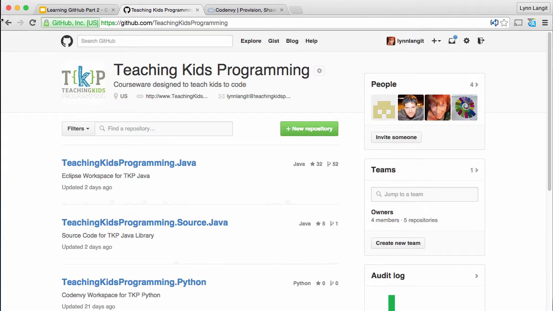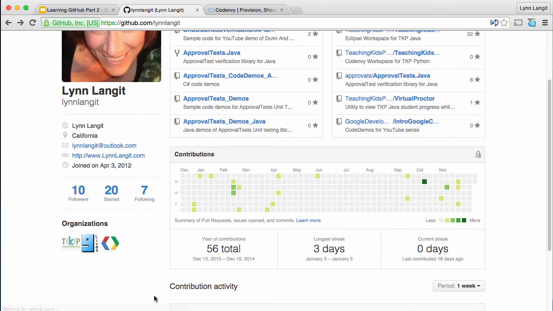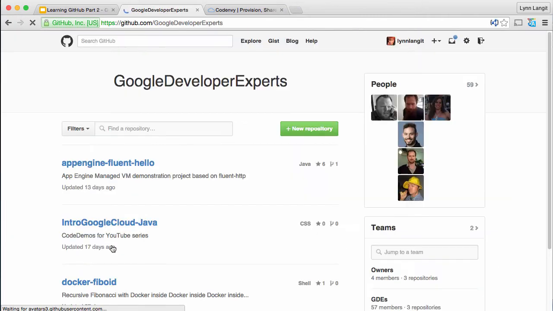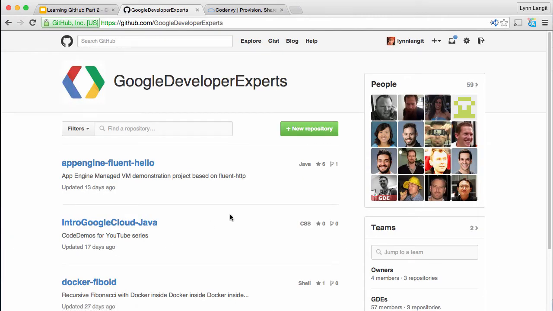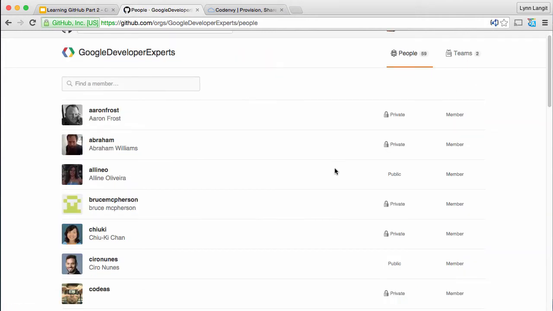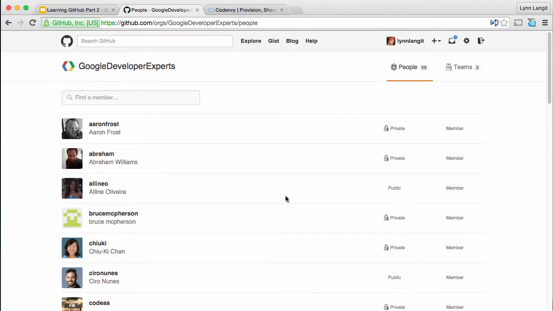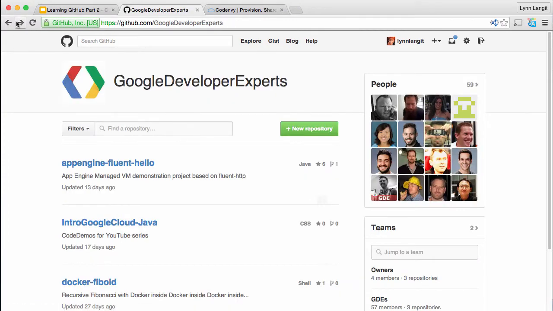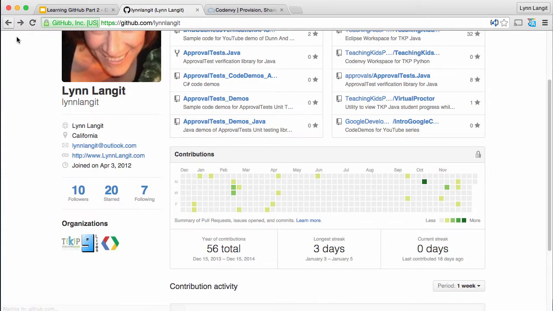And then just to show you another one, I'm part of the Google Developer Experts. And I don't own this one. I'm just part of this. I'm some of the people here. So I got invited to participate. So this just shows the list, and see some of the people are private and some of the people are public, which you can choose to be. There's 59 people here. So you want to think about when you're contributing to these repositories or setting them up,